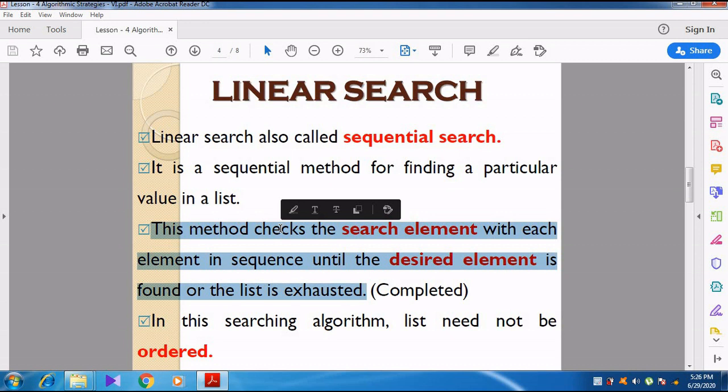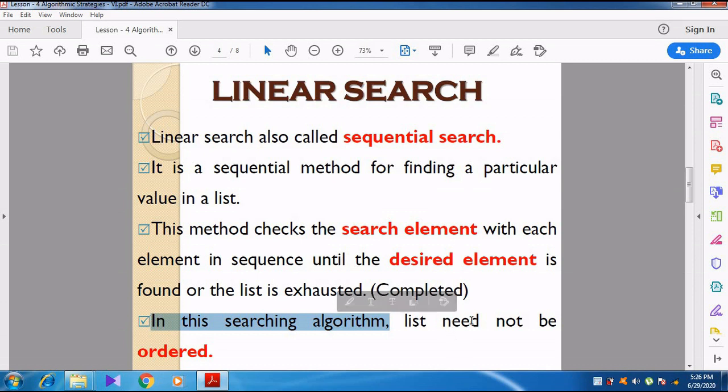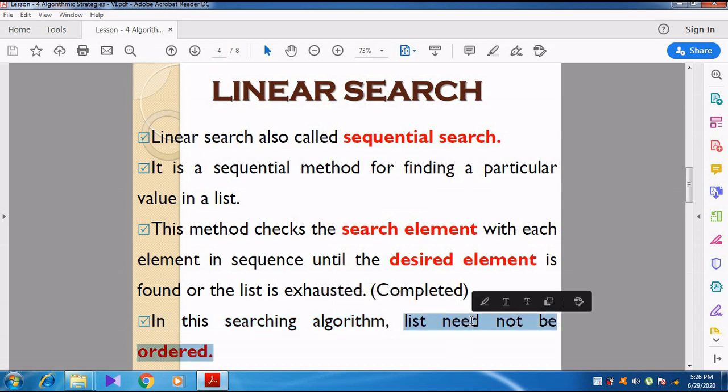This search method checks each and every element with the search element, to see whether the search element is found in the list or not. It continues until the list is exhausted. And in this searching algorithm, the list need not be in an ordered manner. It may be in an unsorted manner.